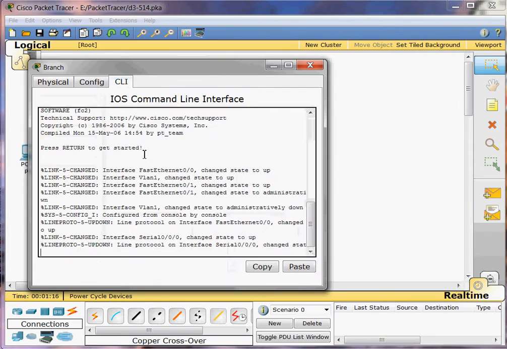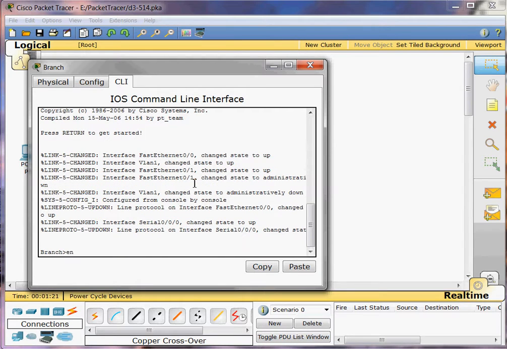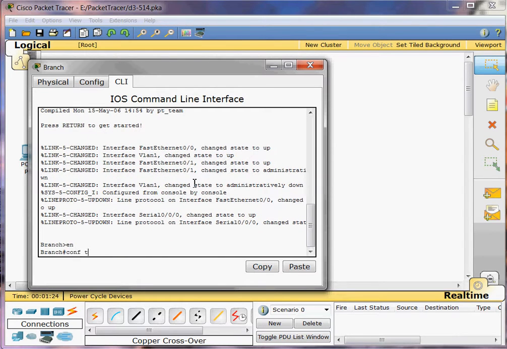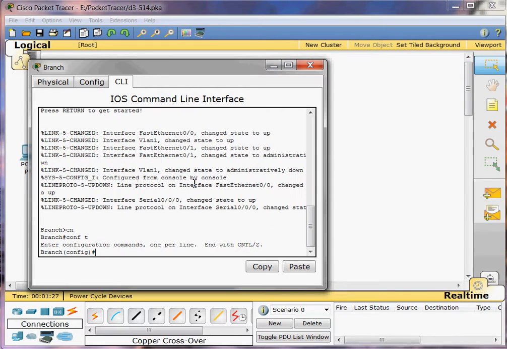What we're going to do is go to the command line interface and get into our configuration mode. So configure terminal, and then we're going to type in these routes. That's ip route 209.165.200.224, the subnet of 255.255.255.224, via the 192.168.2.130,